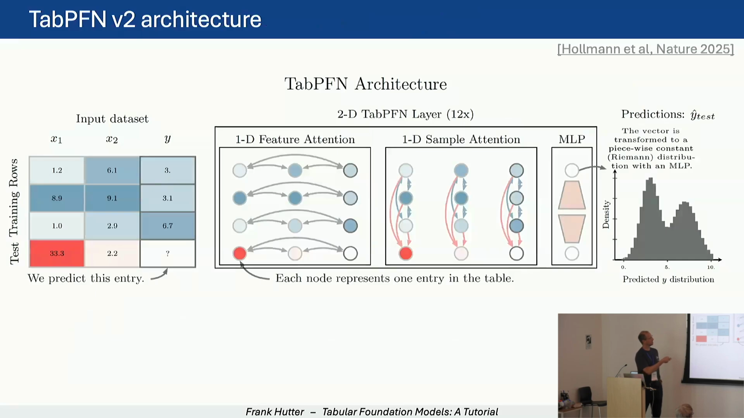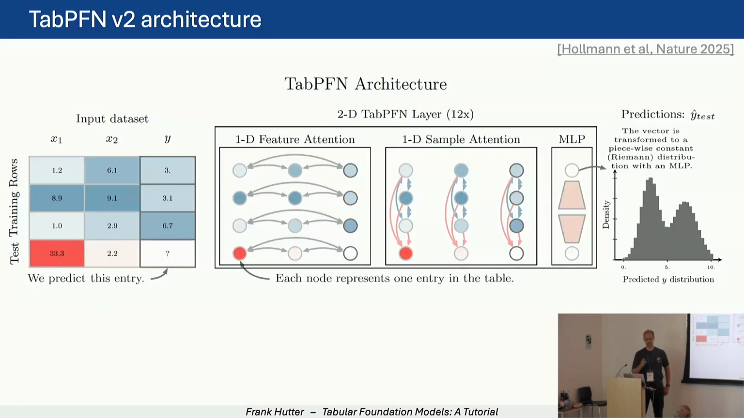And we basically just have 12 layers of a transformer. There's an embedding for each of these elements in the matrix. And then we do one attention over the features, and then one attention over the samples, and then a standard MLP for each of the elements here. And after 12 layers, we take the final MLP for this value on the output and transform that into a piecewise